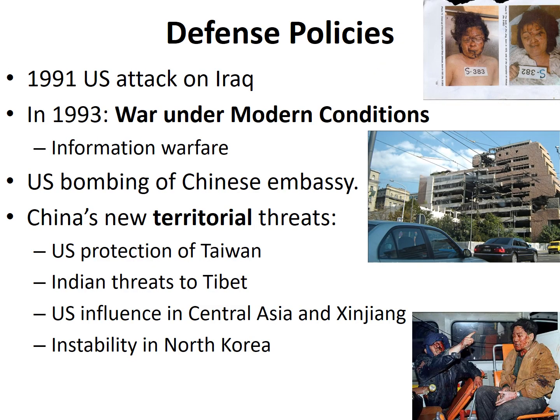In 1991, the U.S. attacked Iraq, and China was alarmed because it hadn't anticipated that Iraq would do so poorly, in part because Iraq was equipped with Soviet and Chinese weapons and was fighting the way that China thought it would be fighting. The U.S. suffered very few fatalities compared to almost the complete destruction of Iraq's air force and a significant part of its land force. So China termed this war under modern conditions, and China assessed this to be essentially based on information